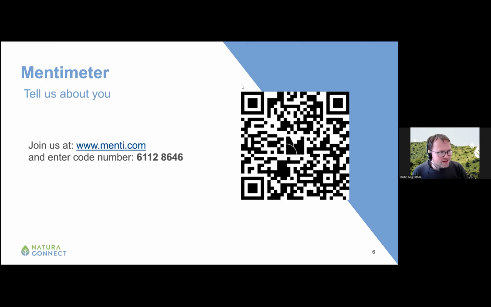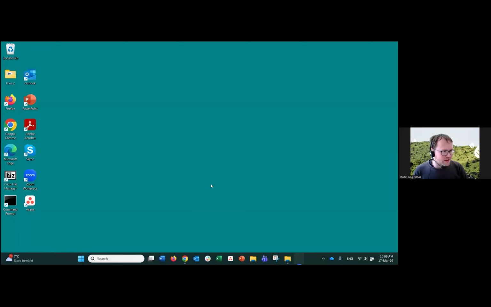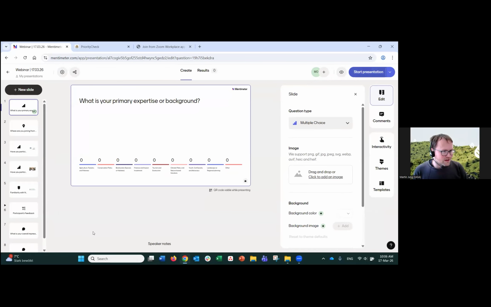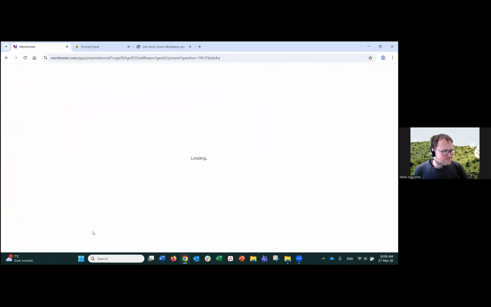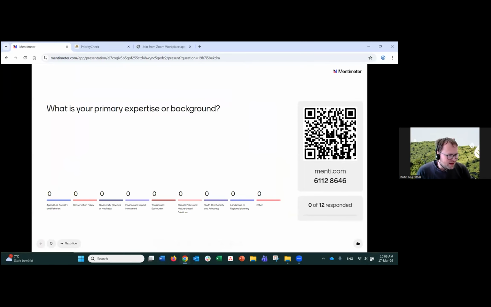It's also in the chat. I think we lost the screen. You can also scan the code here. What we would like to ask from you is a little bit of an indication of who you actually represent or where you're coming from. So basically, what is your primary expertise or background more generally?